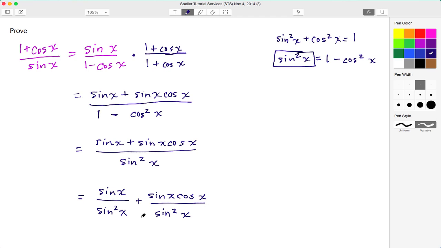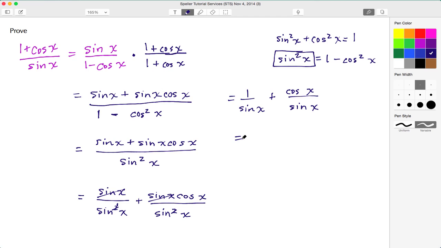And now I'm at a position where I can do some simplifications. I have one sine at the top and two sines at the bottom of my denominator, so this sine cancels out all the way, and this sine just becomes sine to the first power. On the right hand side, I have a similar situation: one sine at the top, two sines at the bottom. Because these are factors, I can do the simplification. So sine x cancels here, and I just have a sine x at the bottom. So when I rewrite, I have 1 over sine x plus cosine x over sine x.